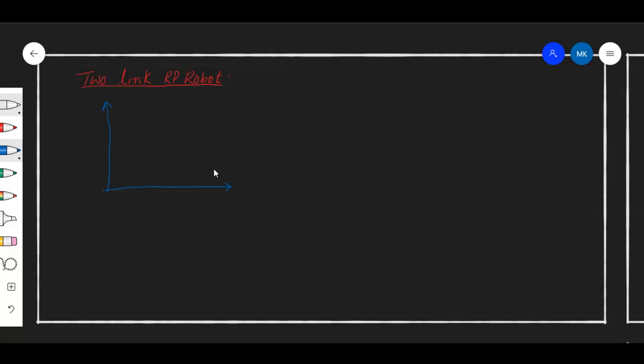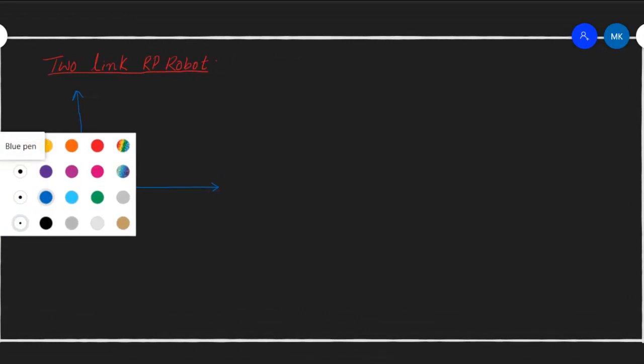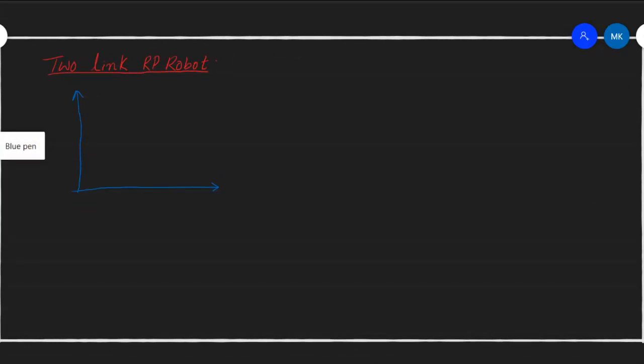It also has two types of configuration. We will just discuss one of those, and we'll see how we can derive the equation of motion. So let's draw its kinematic diagram, or the line diagram. Now it looks something like this. So you have the first joint, which is the revolute, and then you have some link length. All right, and then we can have another joint here, which is the prismatic joint. Can show it maybe like this.